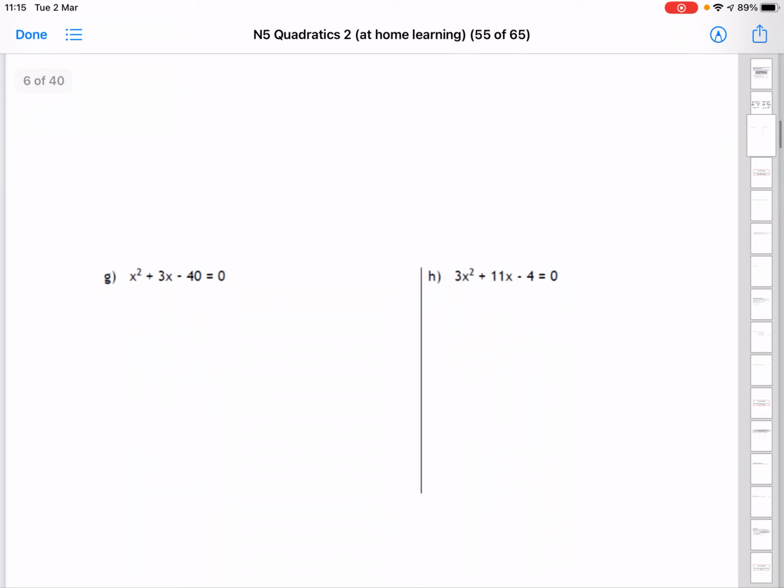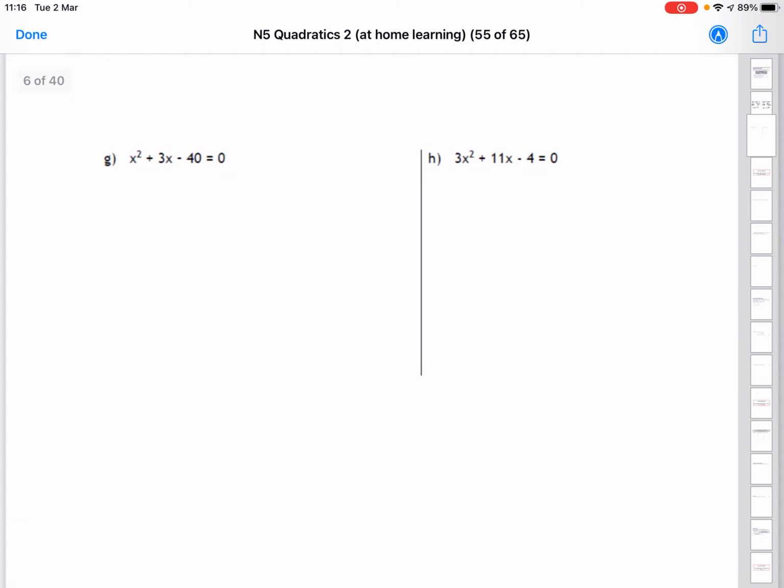Okay, so now moving up again in difficulty with the factorising, we have some more trinomials to do, but these will be a little bit more tricky to solve, so we'll go through these now. So for g, we have x squared plus 3x minus 40 equals 0. So we should be able to recognise that as a trinomial straight away, so we know this is going to go into double brackets. So minus 40, we need two numbers that multiply to minus 40,